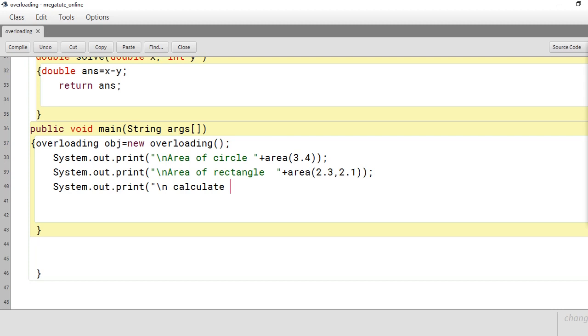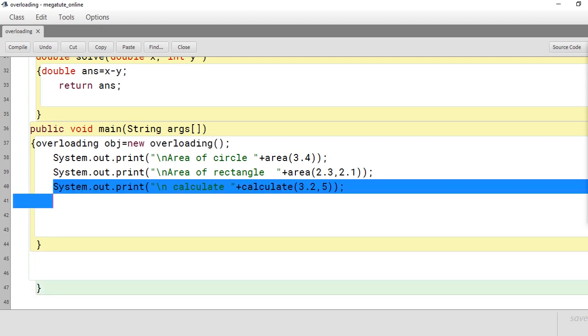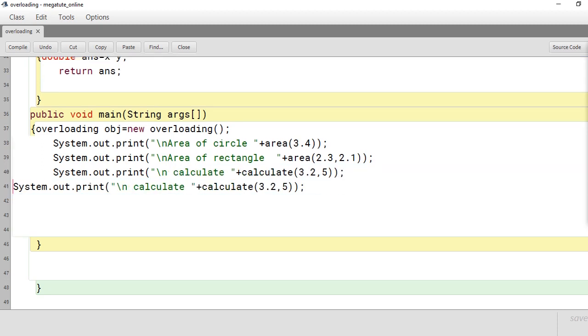I passed it, and the second one I think has both integer parameters. So this is the second calculate I'm calling, where I will pass two integer parameters, 2 and 5. Okay. So I'll run it now